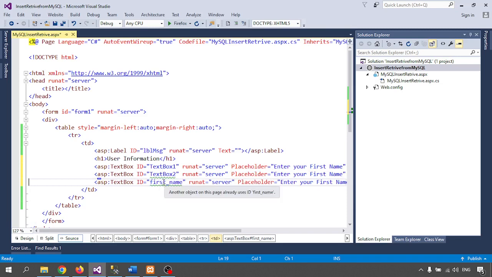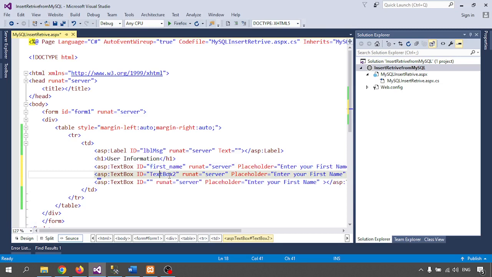I'm taking three text boxes here: last underscore name and email. So this one is last name, email,